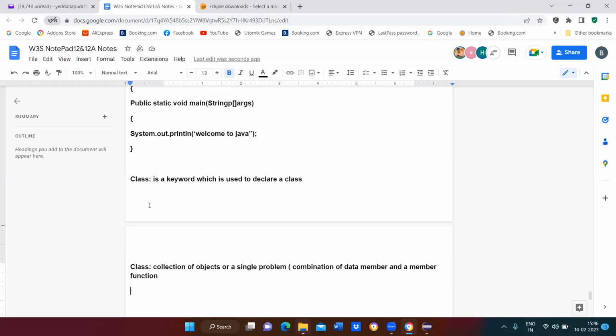Data members are the variables which are declared inside the class. The functions which are declared inside the class are called member functions.